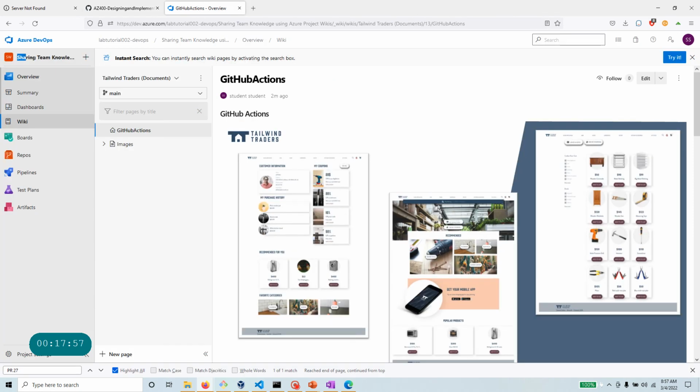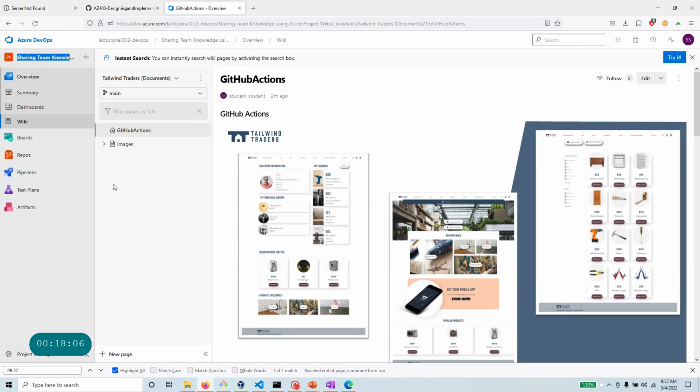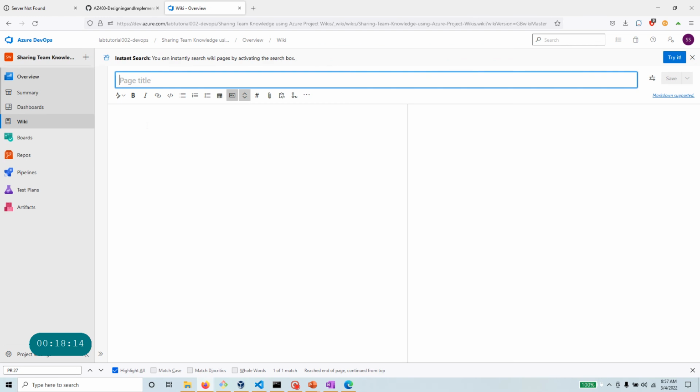Make sure that's the sharing team knowledge. Okay, then you need the content from the Tailwind Traders wiki is selected. Let's see, Tailwind Traders wiki is selected, right? And this is the create new project wiki. Okay, so you can click on that one, and that will give you the new page where you can create